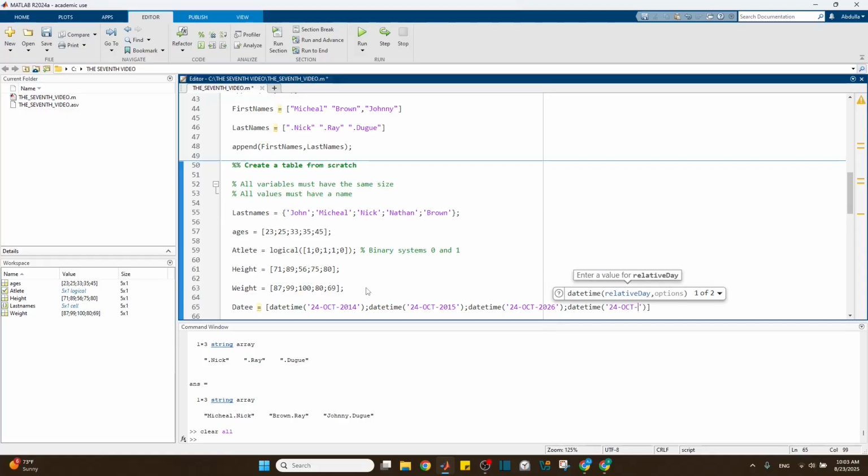October, but let's go farther, 2027. Last one, because this is the 5th one, right? So date time, 24 October 2028. Please, all of you guys, make sure that you do apply this as we go, step by step,